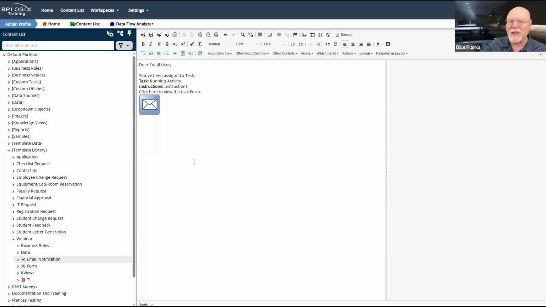We don't know exactly what messages we need to place on this form. So therefore, we don't really know what the configuration is, other than to know that we are going to need task notifications, and now we have one. We're probably going to have to do some further configuration on the email template to customize it for the application, but at least we have our initial email template.